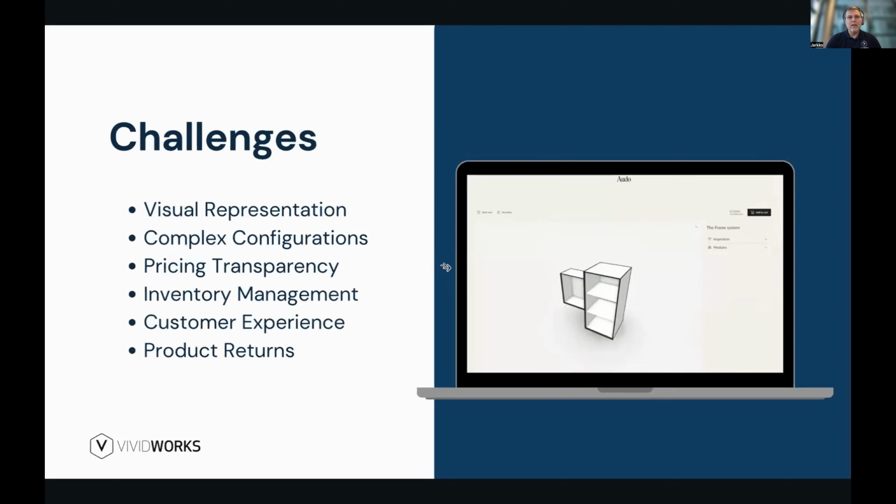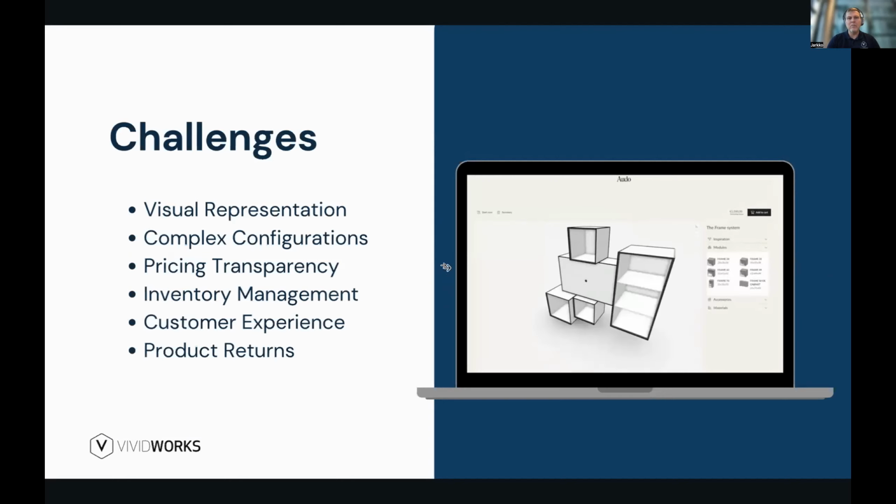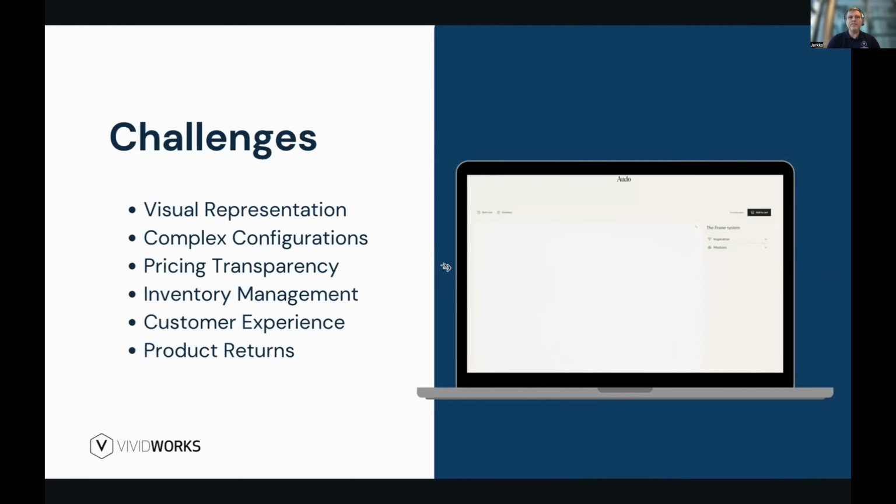Now, when we talk about e-commerce, a lot of the time what people say and what's been researched quite a bit is that visuals matter. By showing the product when people are actually considering a purchase, that's really important. It helps people to make decisions when they actually see what they're buying. Oftentimes in e-commerce that means photos or rendered images of the actual product. And when you are selling modular products,